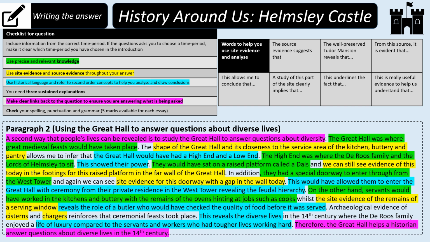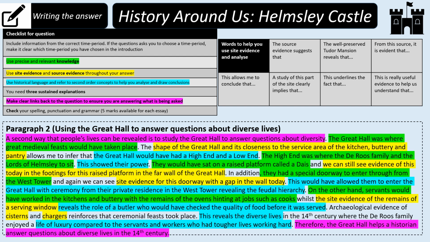They would have sat on a raised platform called a dais, and we can still see evidence of this today in the footings for this raised platform in the far wall of the Great Hall. In addition, they had a special doorway to enter through from the West Tower, and again we can see site evidence for this doorway with a gap in the wall today. This would have allowed them to enter the Great Hall with ceremony from their private residence in the West Tower,